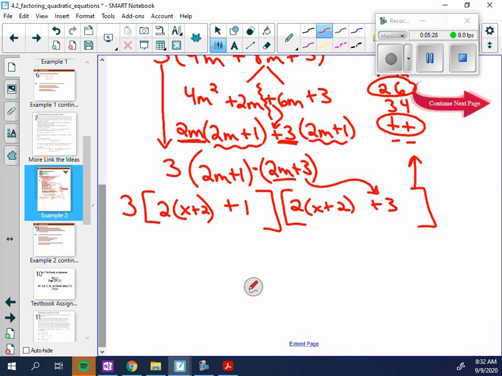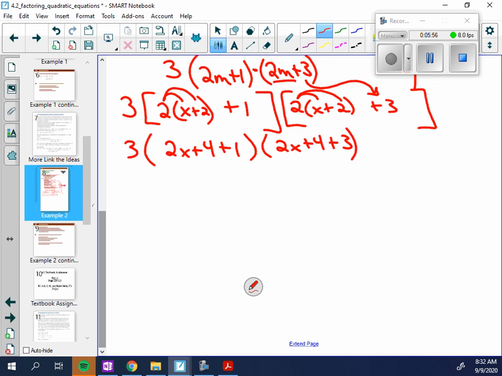Okay, these factors don't look really nice yet, so I'm going to distribute here and distribute here. My 3 out here. When I distribute, it's going to get rid of this set of brackets, so then my square brackets can go back to being circular if I want. There's really no rules on that. I could have them all be circular. That's fine. So this one would be 2x plus 4 plus a 1 still. This one would be 2x plus 4 plus a 3. So then what you can see here is now I can put my 4 and 1 together and my 4 and 3 together. So I will have a 2x plus 5 and a